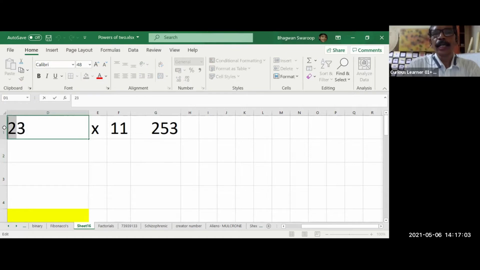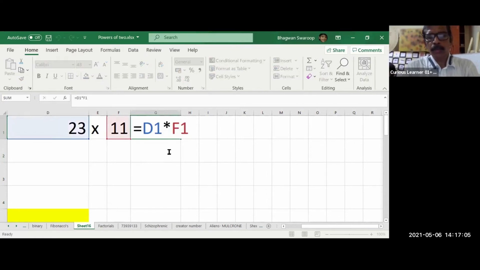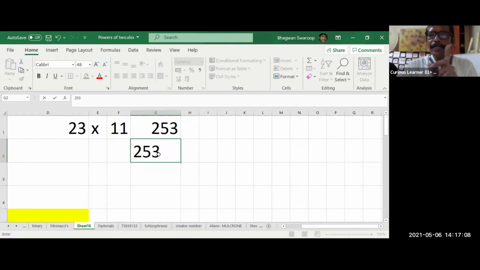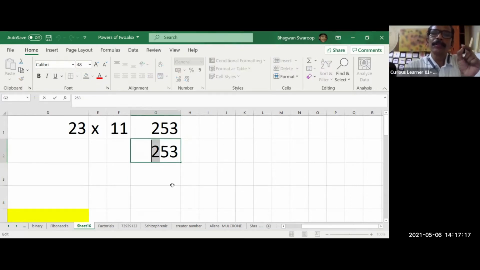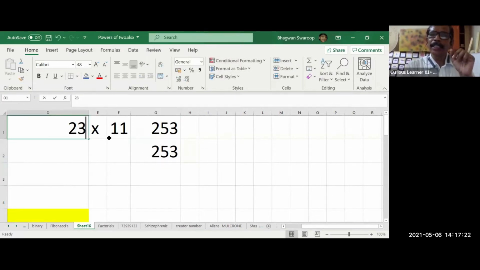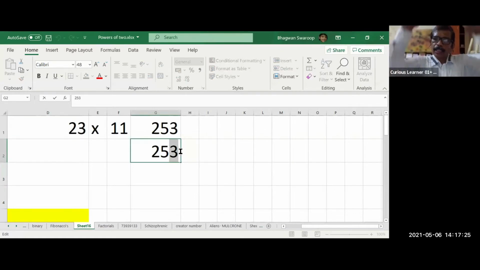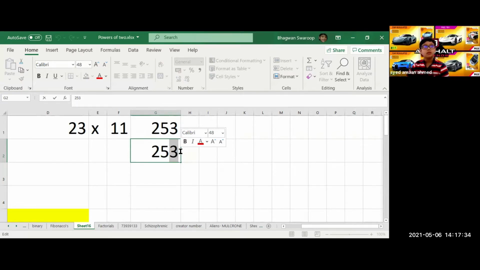This is 2. Okay. In the answer you see, it is 253. See the pattern here. 23, take 2 from it and you see here it is 2. Right? And in 23, 3 is here. And what is sitting in between 2 and 3? The sum of 2 and 3. Take both of these, add them up and put it together.